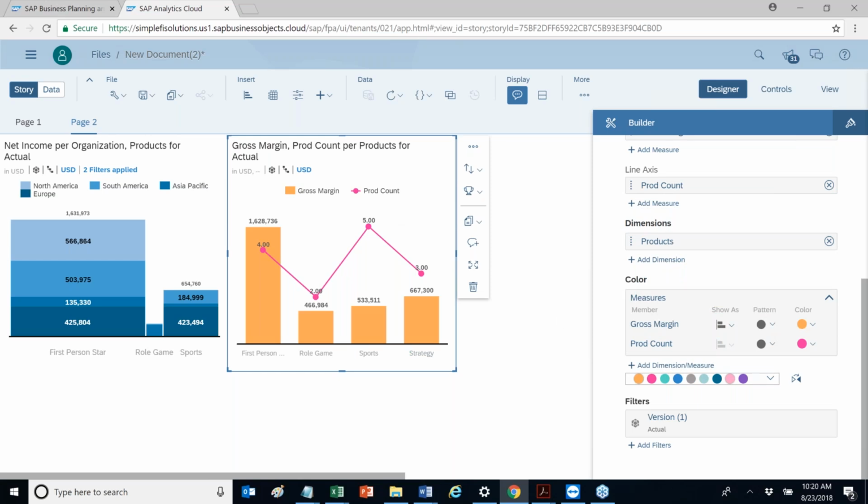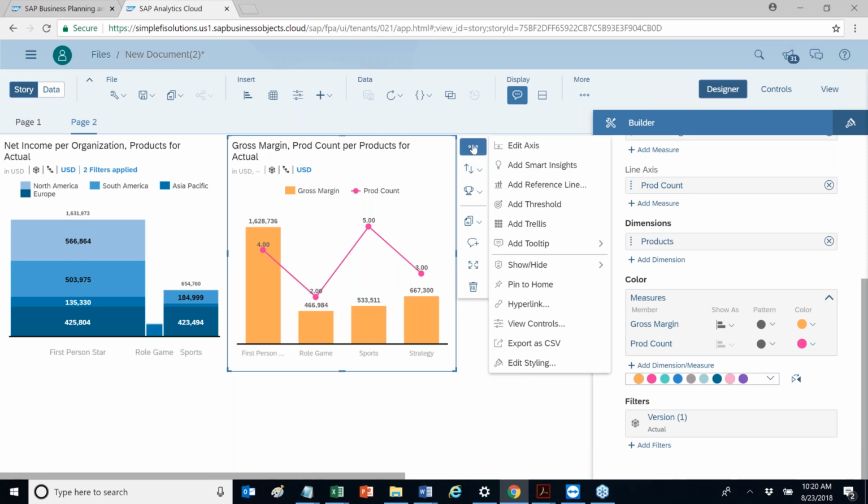Again, these are all interactive. We could add region as a filter so that people can change the selections when they view this on a dashboard. It's mobile ready, so you can look at this on your iPad, right? And again, these charts are all interactive. So not only can I highlight over and drill into things, but also SAP Analytics Cloud has the ability to